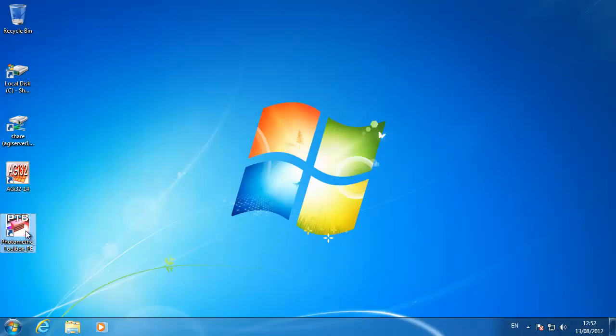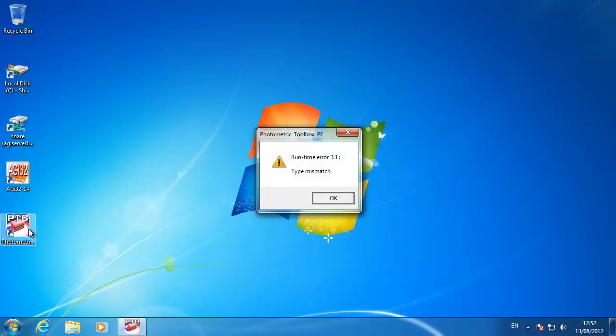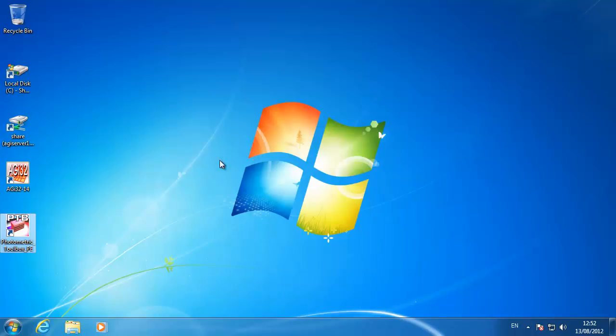Or if you're running Photometric Toolbox, you may get Runtime Error 13, type mismatch. These are indicators that your language or regional settings are not set the way they need to be. In this video, I'm going to show you how to change these settings, or at least check on them, in Windows 7. As you can see, I'm running Windows 7 here, and let's start in the lower left-hand corner,